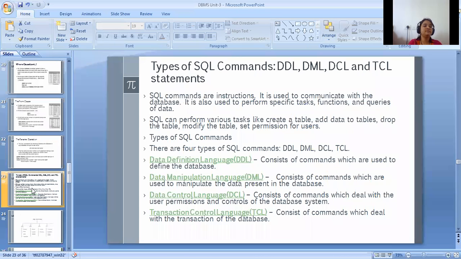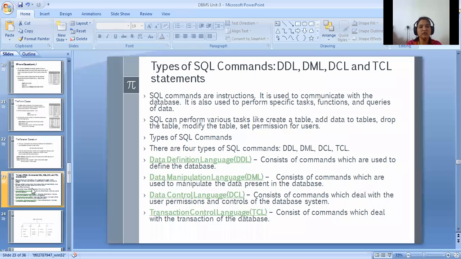The next point is the types of SQL commands: DDL, DML, DCL, as well as TCL. We learn these languages theoretically, but now we will learn these commands in detail.